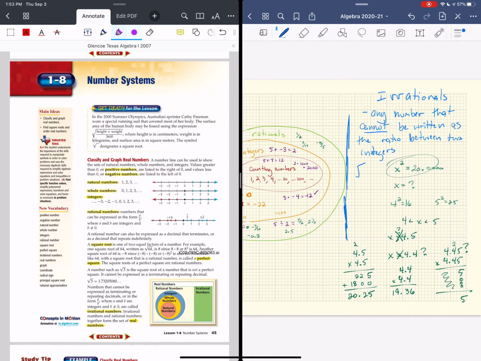So these would be things like the square root of 20, which perhaps you can tell is what the actual answer for x would be, or the square root of 22, or the square root of 112,